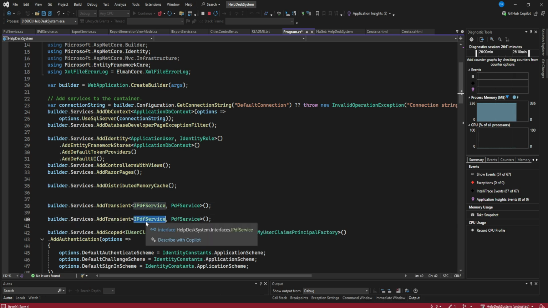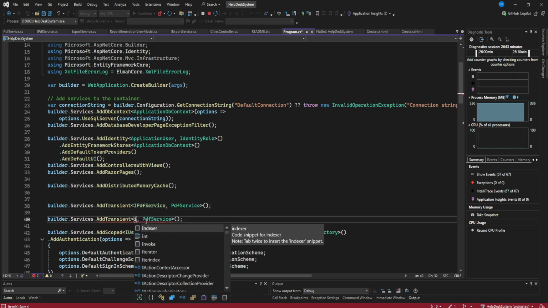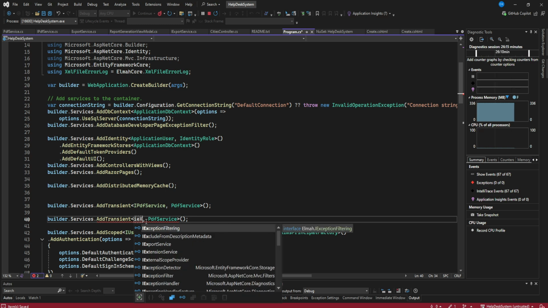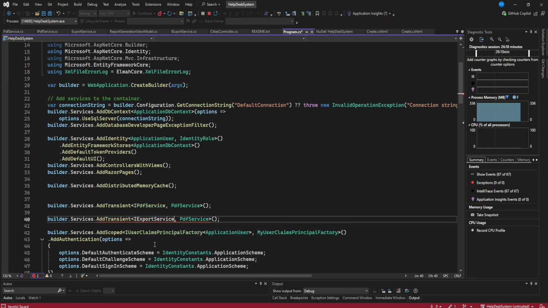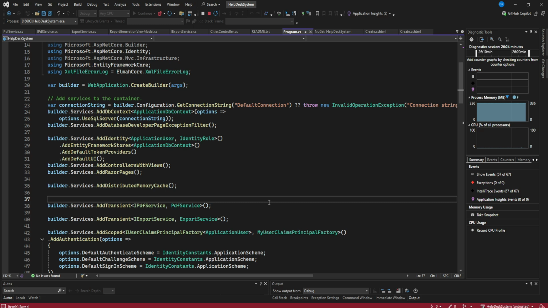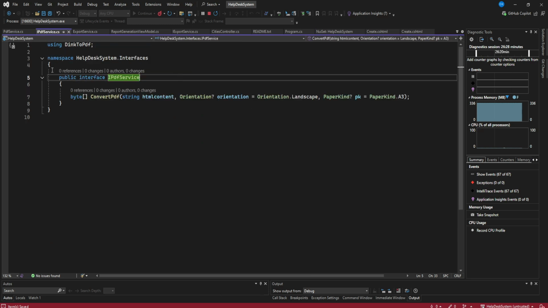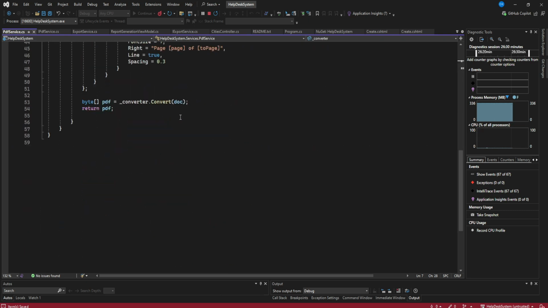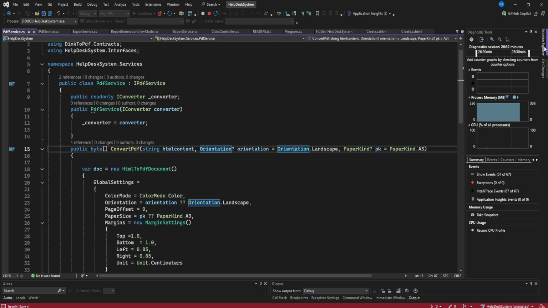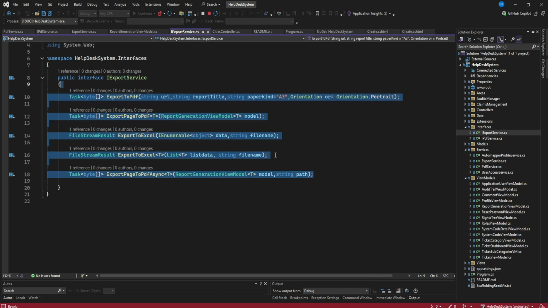We need our IExportService and we also have our service here. So we need both of them. Since we have this now, remember we have our PDF service, and this is the implementation. So if you go back to our export service,